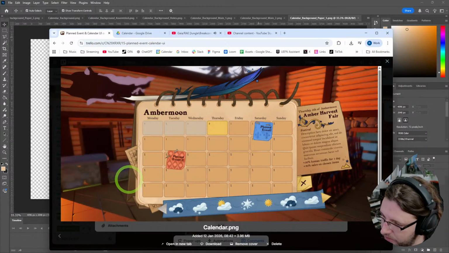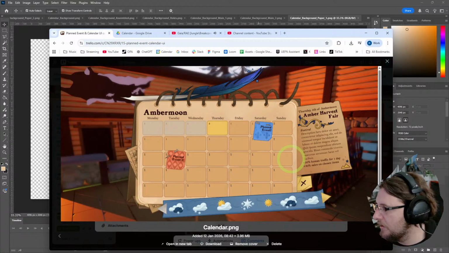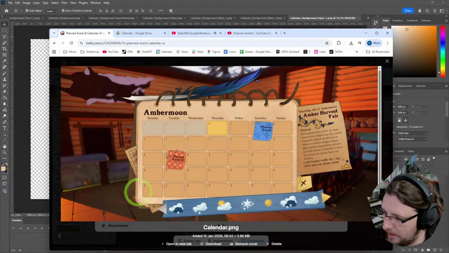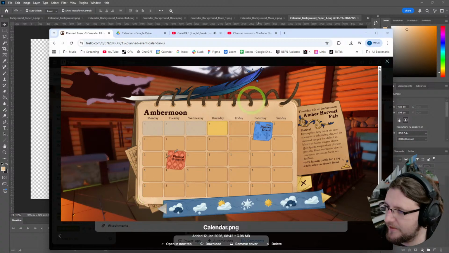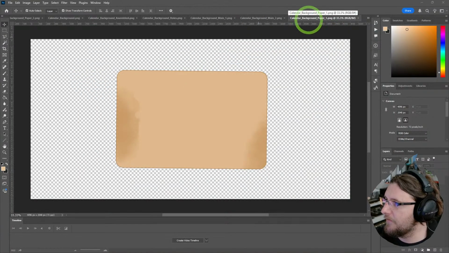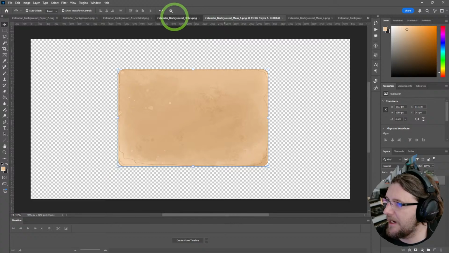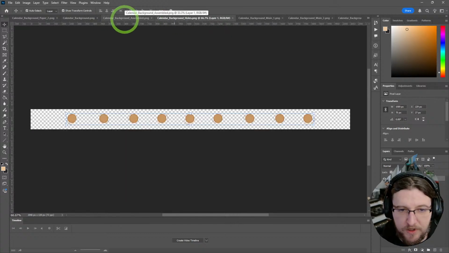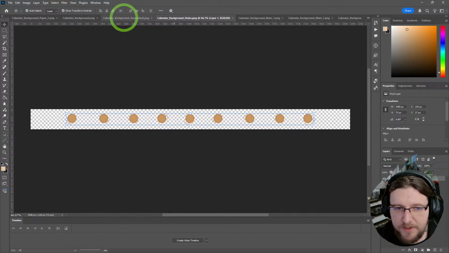we've got our back panel that has this like bend in it on the bottom left. We've got this note and this button sleeved in on the front page, as well as this other note here. And then everything else is actually behind. So we can export one image instead of, we've got paper 1, background, main 1. We've got the holes, I guess that goes at the top. We can just composite that together with the